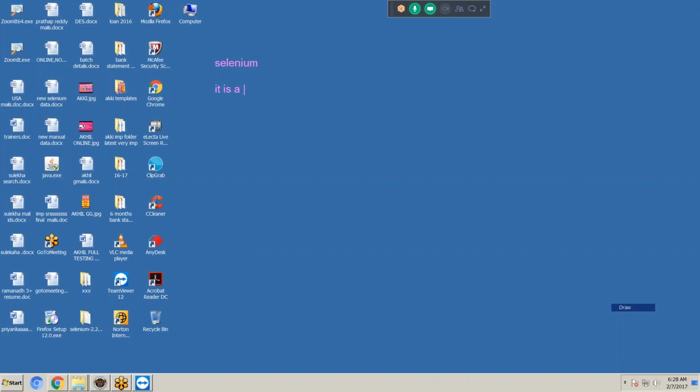Selenium is nothing but a software which contains some set of programs. Selenium has four components. Today's concept is Selenium WebDriver.